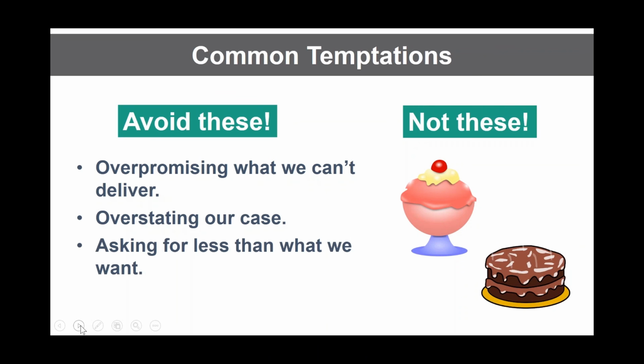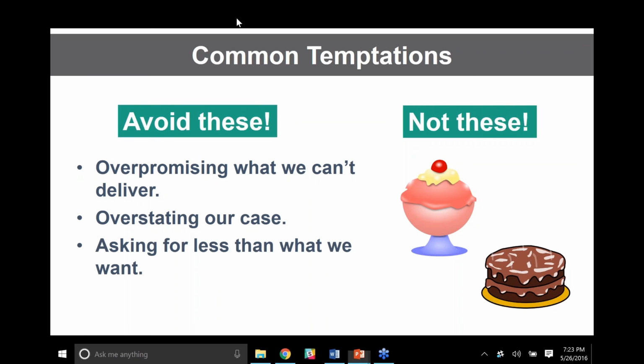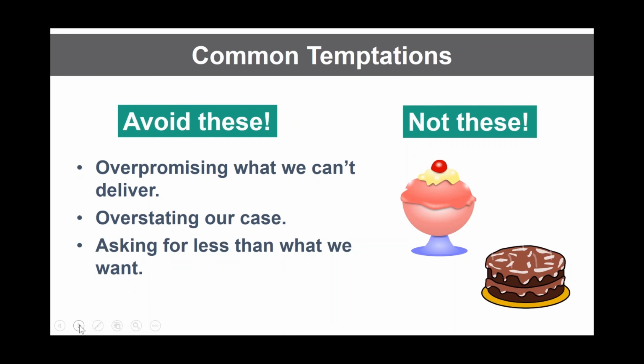And then also, asking for less than you want. Remember from webinar 301, we always want to start with asking for what we want. In every single case, we would like them to introduce or support our legislation. So let's never compromise and start with something small. Let's always start with the biggest possible ask, and then we'll come back if we can't get our biggest ask.